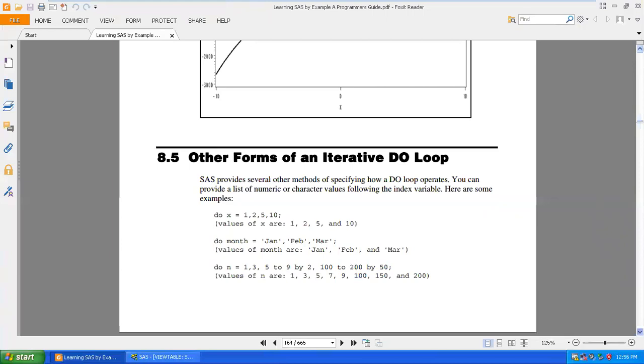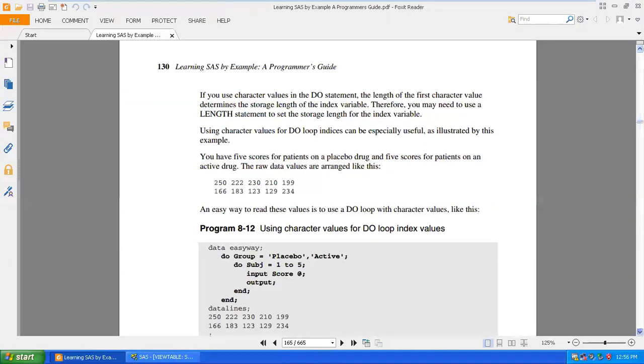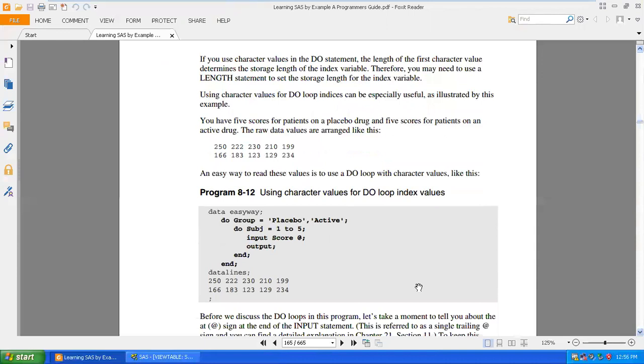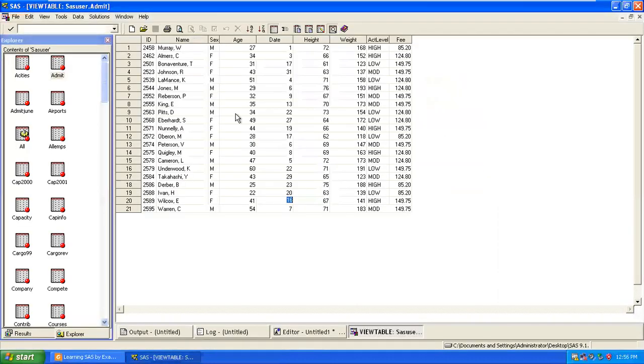Okay, so now, this is the interesting one. Now I wanted to store these 5 values in this section, and these 5 values in this section. In which section? Active, plus placebo. Okay. So now we are using the at the rate symbol. I'll tell you what this is.